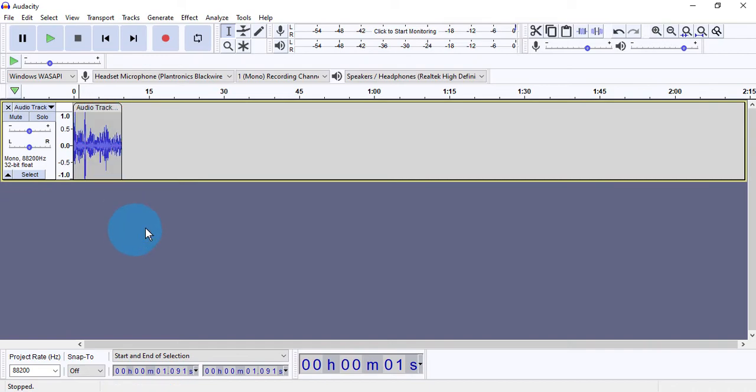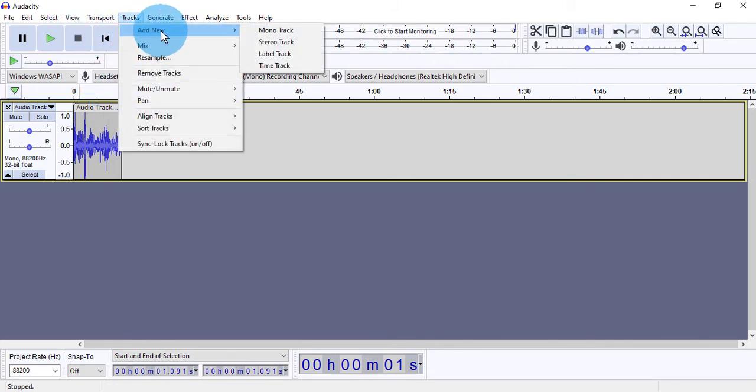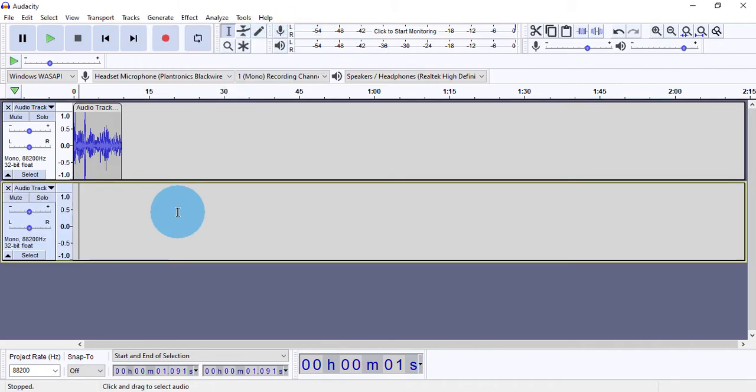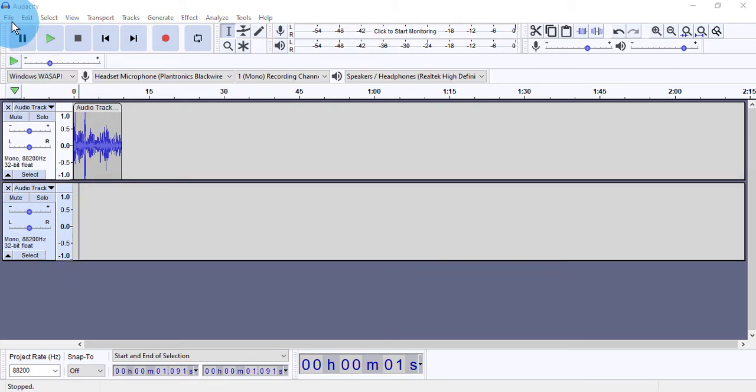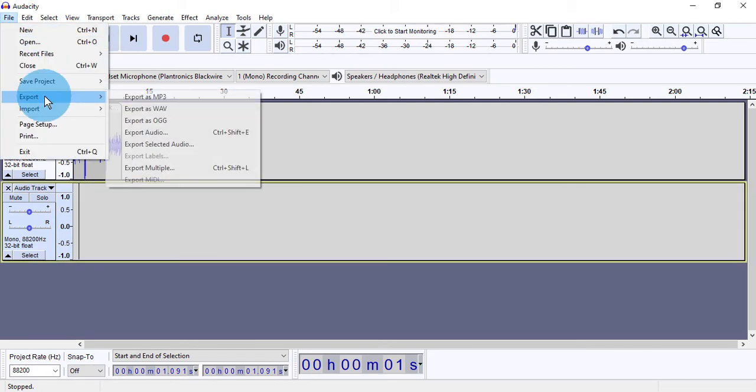If you want to add some tracks below, you can click on add and click mono. So if you want to play some music in the background, you can place it here and record your voice over the background music. If you think you have done with the recording, click on file, click on export and